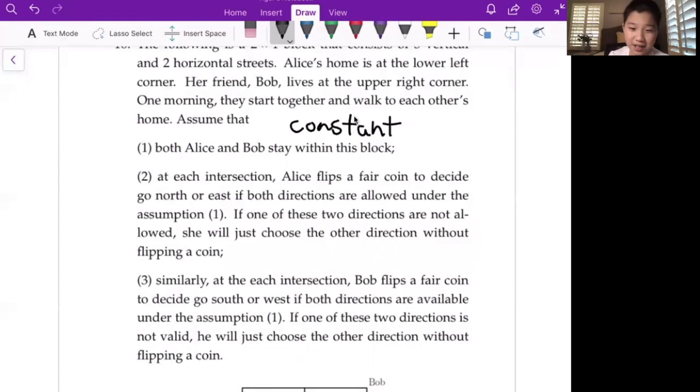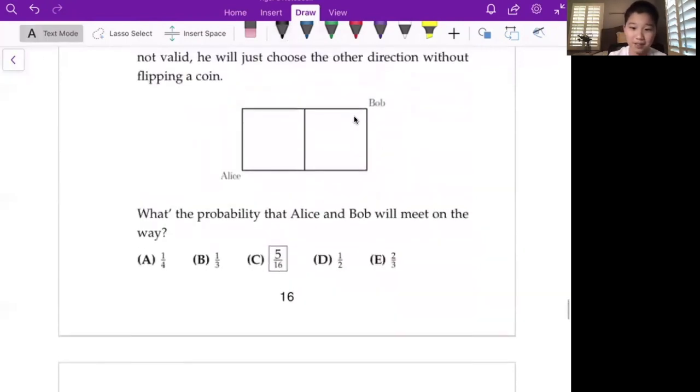At each intersection, Alice flips a fair coin to decide to go north or east if both directions are allowed under the assumption. If one of these 2 directions is not allowed, she will just choose the other direction without flipping a coin. Okay, so what that means is there's